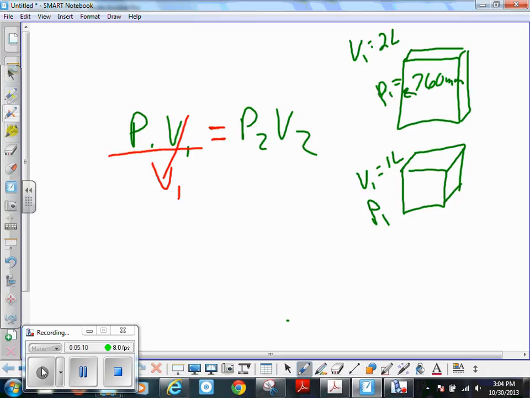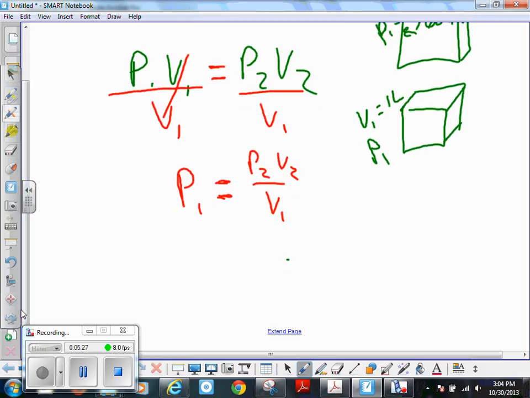Right? So I have to also divide this side by V1. So now I come up with a new formula, or a new way to write this same formula. It's P2 V2 over V1. Okay. Now if we put in the numbers,